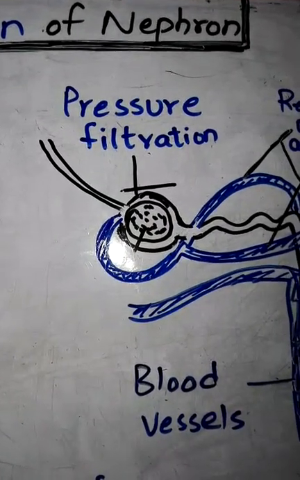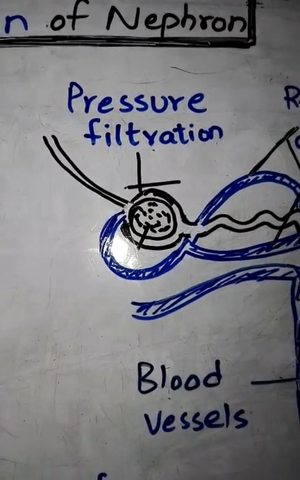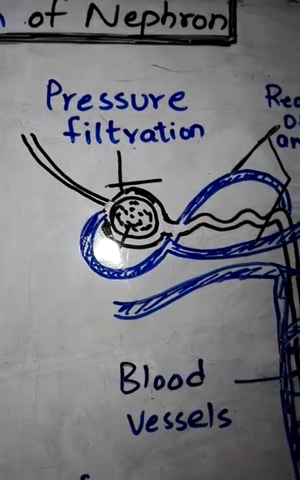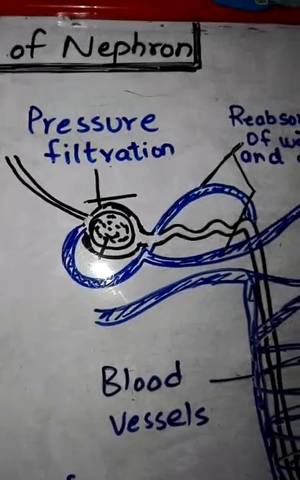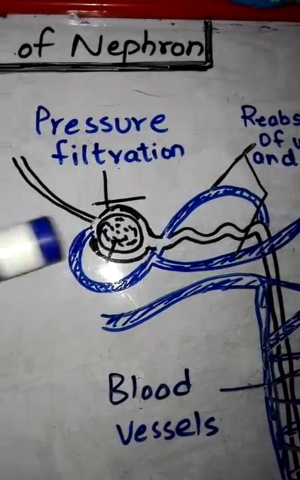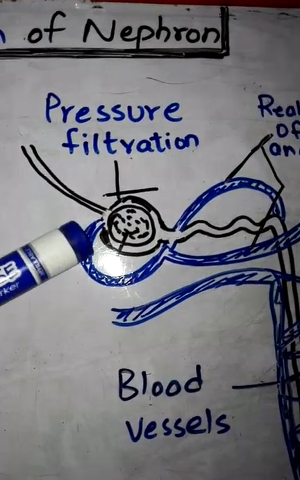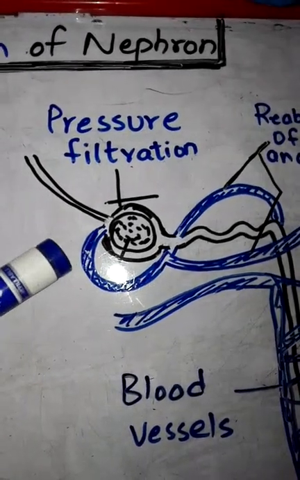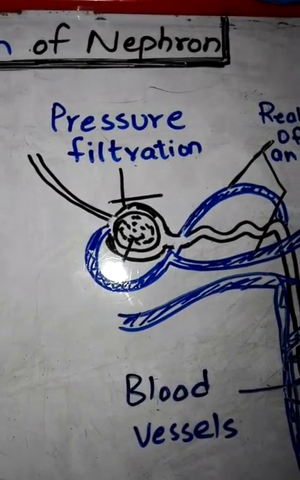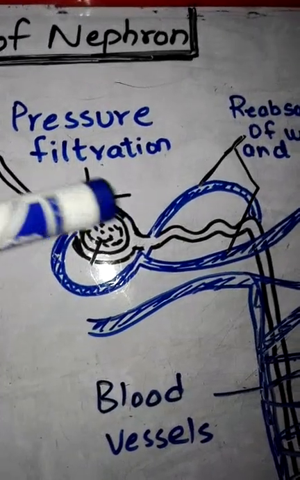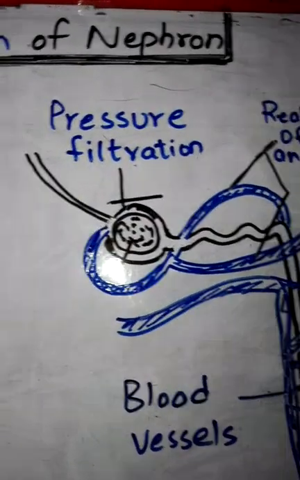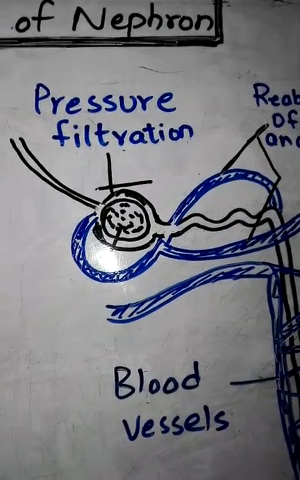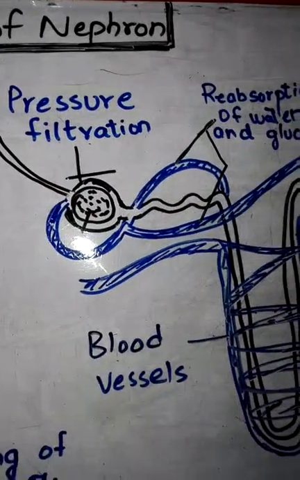The blood enters the kidney through the renal artery and then goes to the glomerulus. So where is glomerulus, guys? Tell me one thing. Where is glomerulus? This is here. The blood comes here for what? For the pressure filtration. Pressure is applied by the capillaries, and this material passes into the Bowman capsule inside of that, and it is here called what? It is called glomerular filtrate. This process is called pressure filtration.